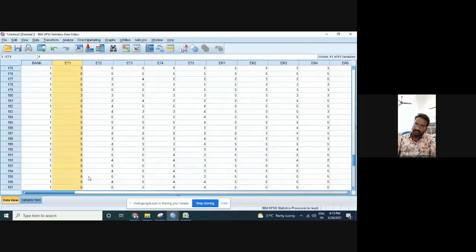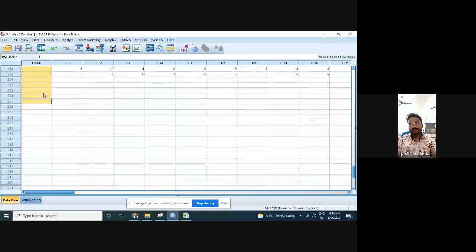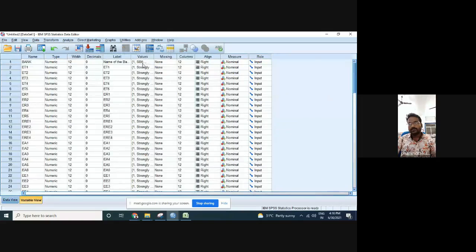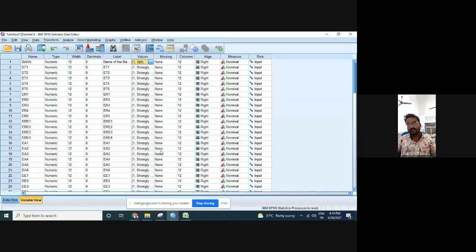Even if you want to make the changes in this form, you can make the changes here. Just click on 2, just change the data to 2, and what I'm doing is that I'm copying this and pasting here and have changed it. But in the variable view, you also need to add a value label. And then for 2 it is added like this, and click on OK.